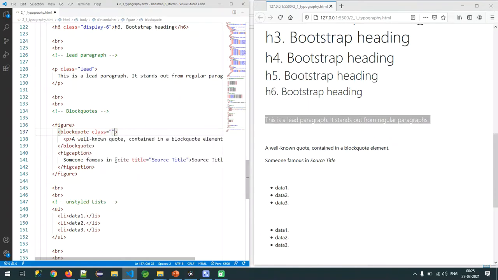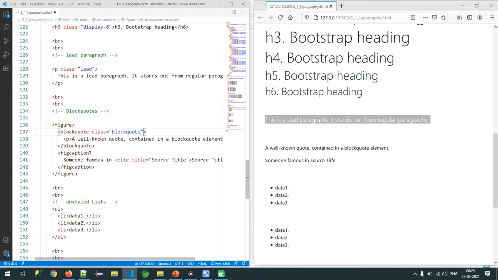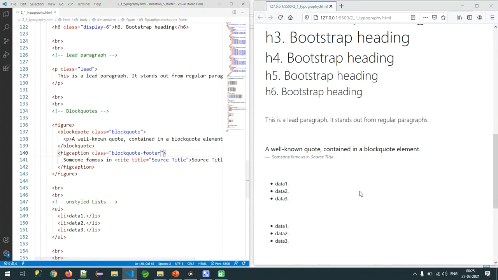So class equal to blockquote, and as well as observe class blockquote-footer. See, sir. Right now, the look automatically changed with all the necessary styling.